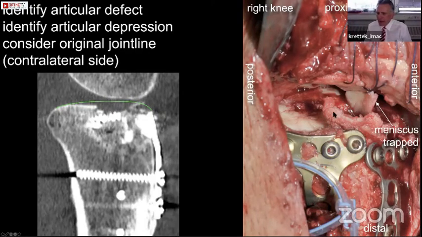Here on the right side, we see now our first intra-articular view at the revision. Here is posterior. This on the right side is anterior. We have elevated the meniscus, and we see part of the meniscus is trapped in the joint, and this is something which would not promise a good result. So we